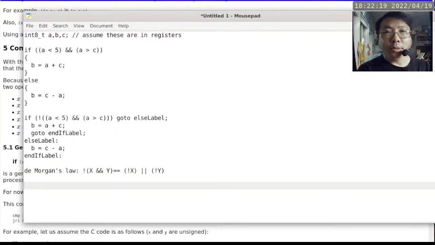So we're going to apply that. Okay, so once we apply that, then someone is going to say, but this is worse, Tack. You're just making the problem even worse, because now we have the negation of a is less than 5, and then we have the negation of a is greater than c, and that doesn't seem to be any better. Okay, go to else label, and then the rest we can just copy and paste,